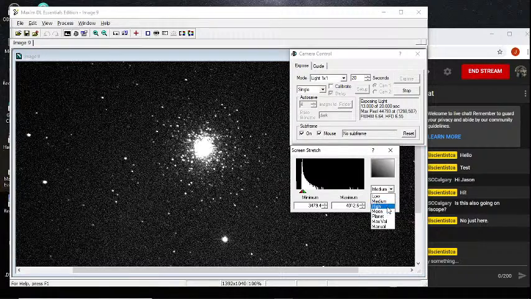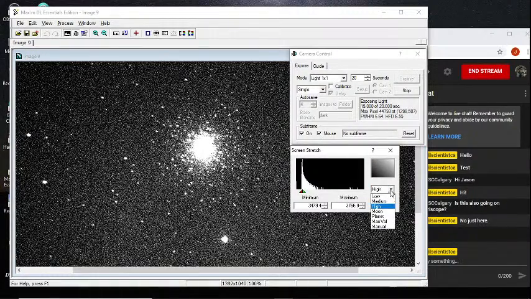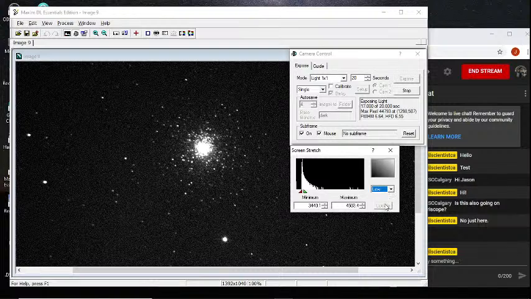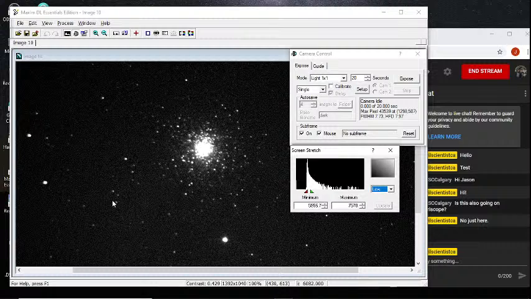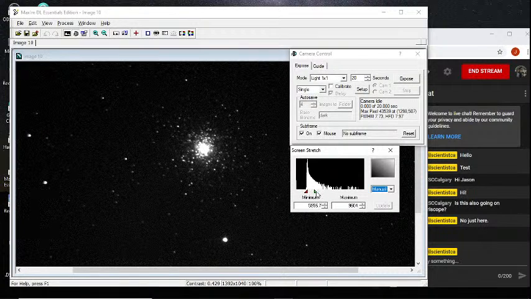Let's stretch a little differently here. Here we go. This is what's known as a globular cluster. And there we go, a 20-second one. It's basically a big ball of stars orbiting our galaxy.